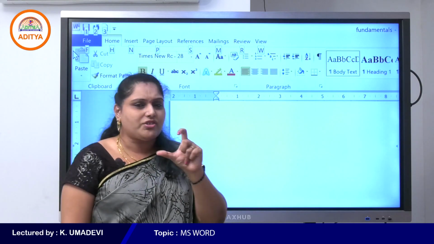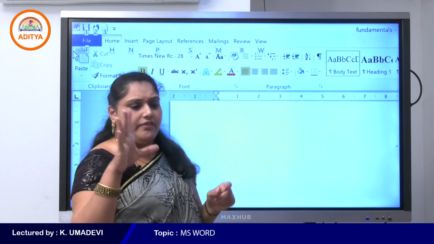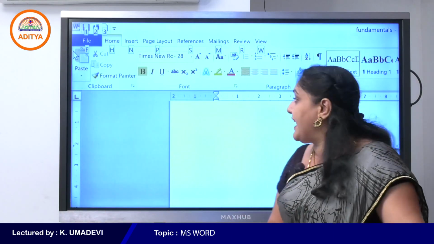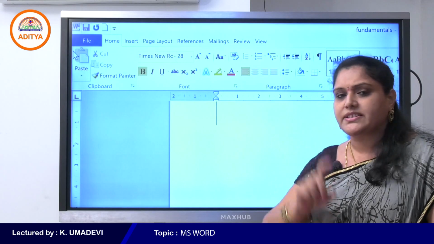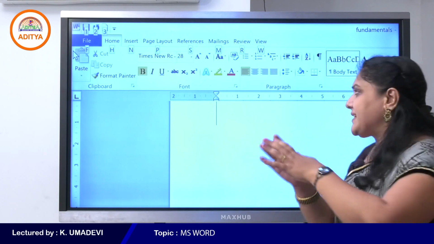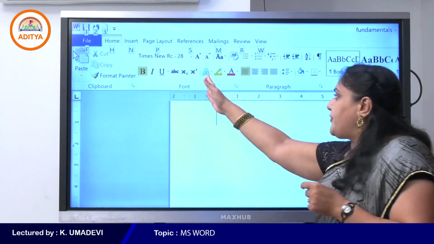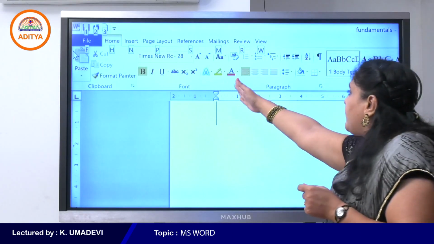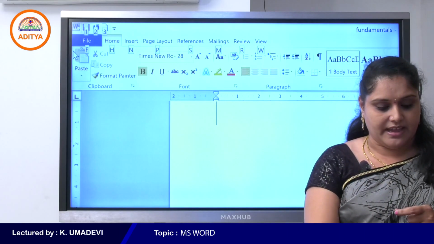So these are the various shortcut keys for each and every tab. Without using the individual shortcut keys, simply press F10. If you press F10 for the first time, it automatically displays some letters on each and every tab and each and every command. So for example, if you want to open references, simply press S.